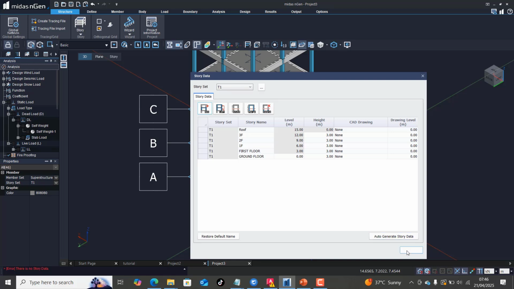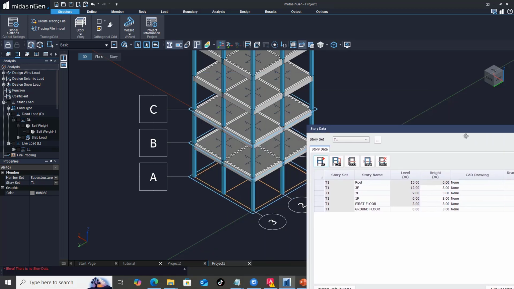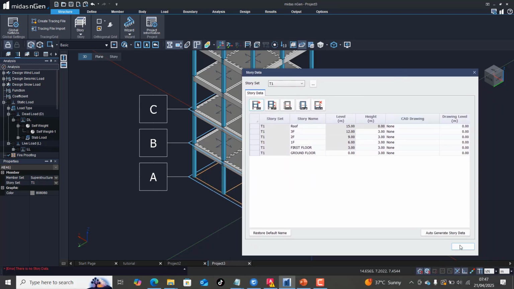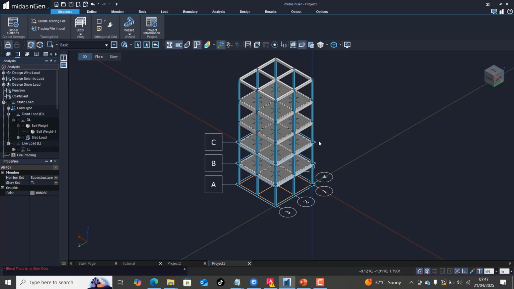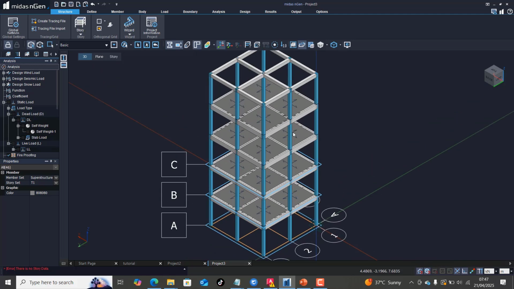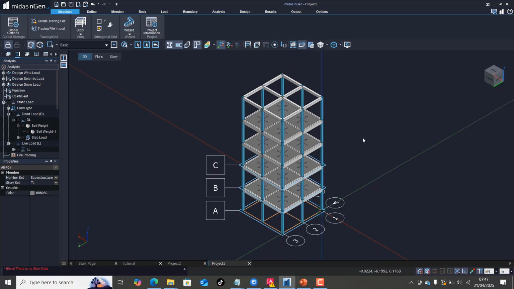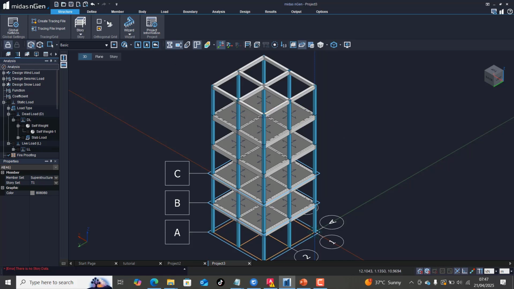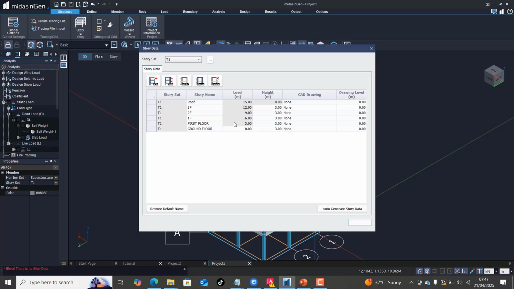So automatically all of these floors are going to be added at the top here. As you can see, this is basically what I have. Good. So you can see the roof level has been shifted up. So this is basically how to come about your stories. You can increase the number of stories. You can also delete any story that you do not want. Okay, so let's say